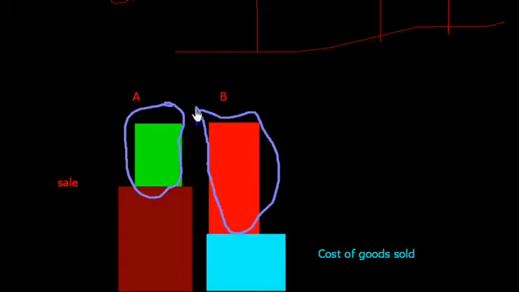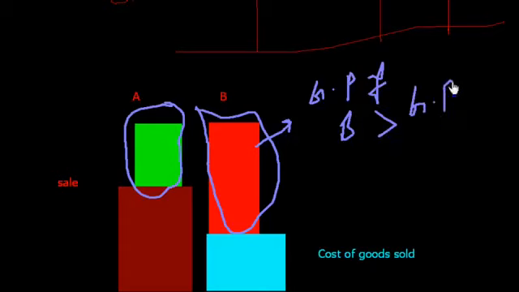So this is the main point. Gross profit of B is more than gross profit of A company. So first of all we will check what the gross profit is, just by comparing it with cost of goods sold. Then again we check